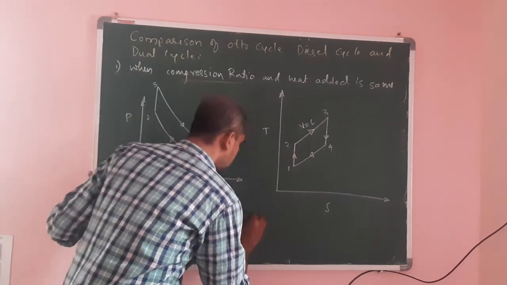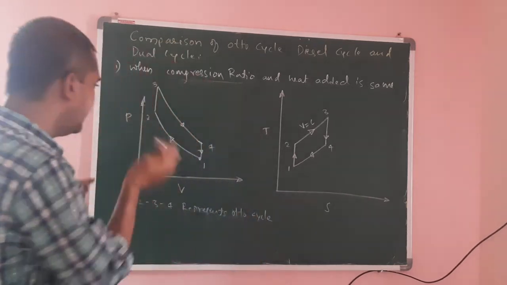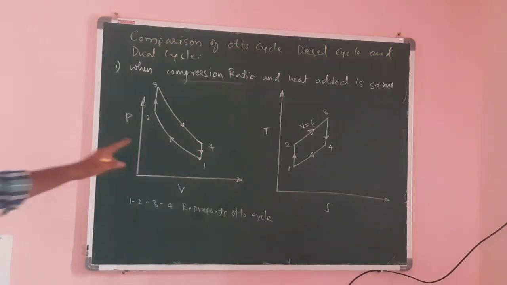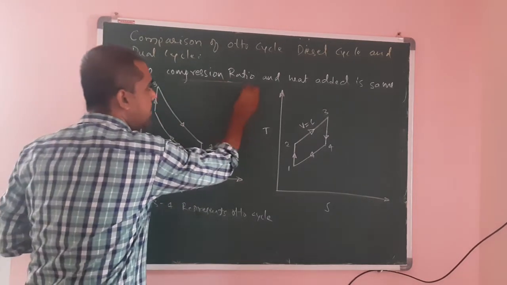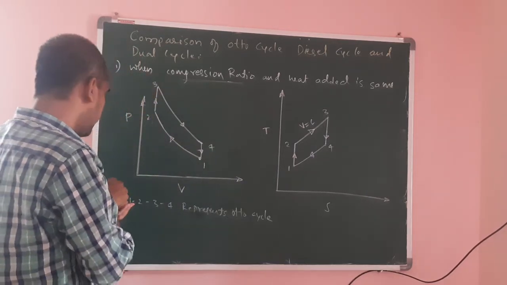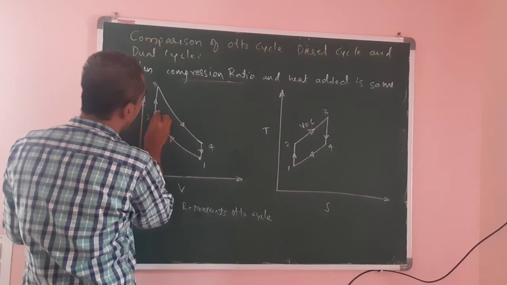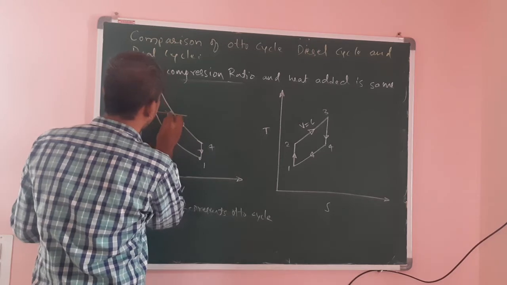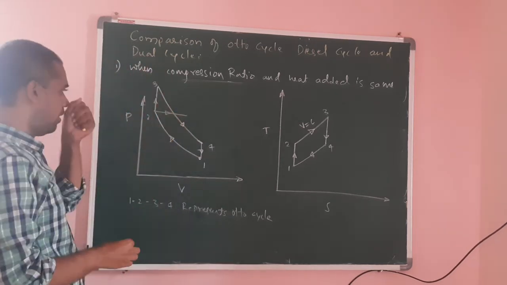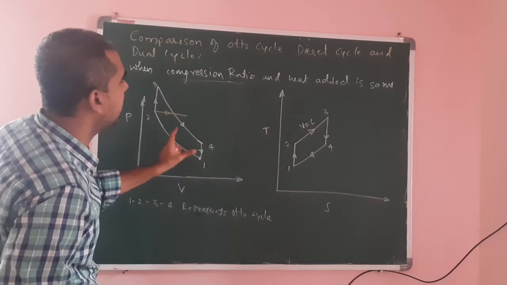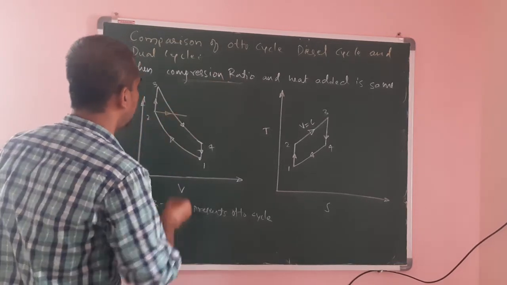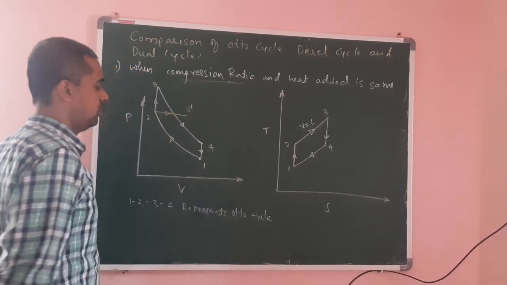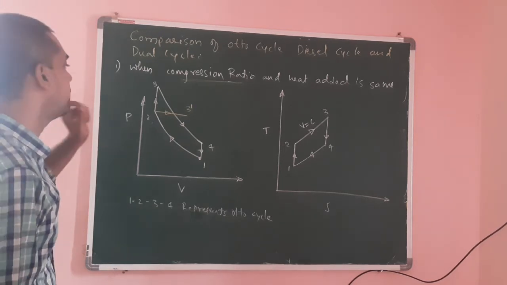If we draw a diesel cycle, this is important here. How to draw a diesel cycle? 1 to 2, the compression ratio is same, therefore it will remain same. 2 to 3 will be like this. Constant pressure heat addition, 2 to 3. It is not a vertical line here. I am overlapping an Otto cycle, a diesel cycle and dual cycle. I will write it as 3 dash. 2 to 3 dash is constant pressure heat addition.